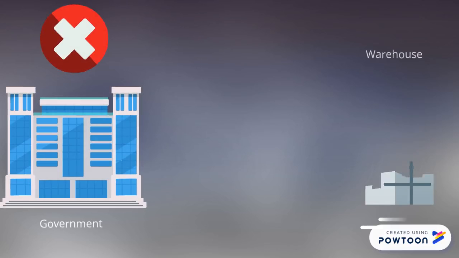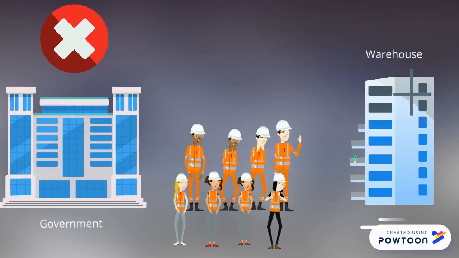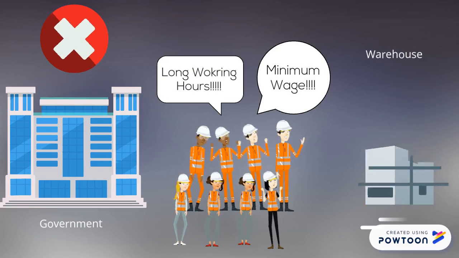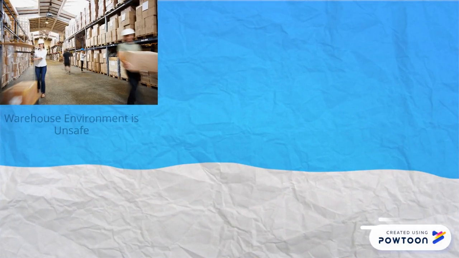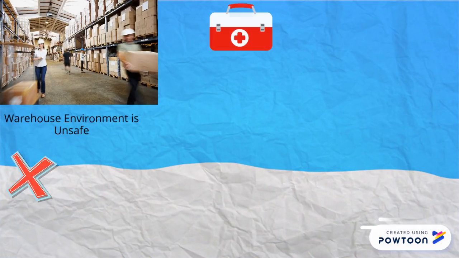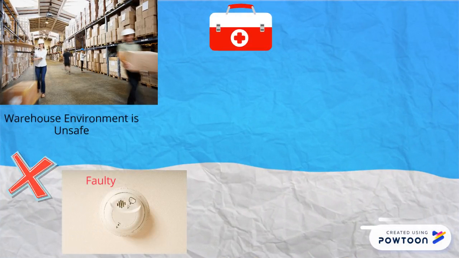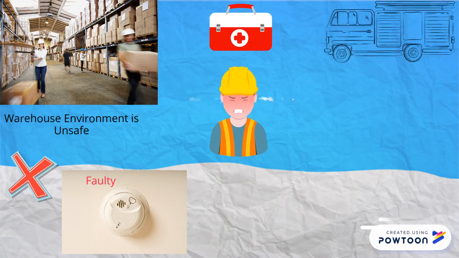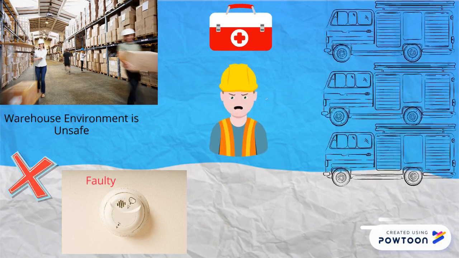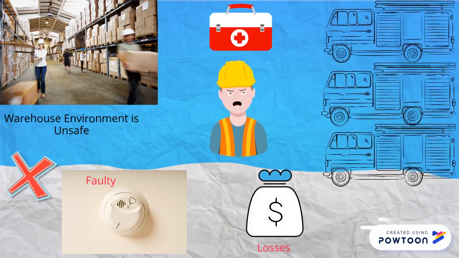In its warehousing sectors, workers have to commit to long working hours while receiving minimum wage. At the same time, working environments within a warehouse are unsafe due to faulty sprinklers and smoke detectors. The accumulation of unaddressed issues led to frequent strikes from worker unions, which diminishes the effect of Amazon's demand forecasting as they would lack the required manpower to conduct its operations.